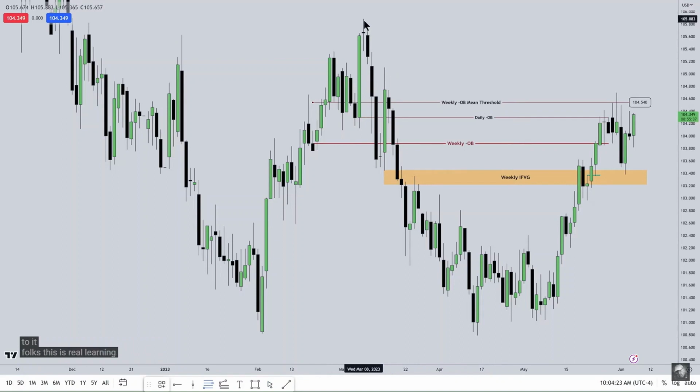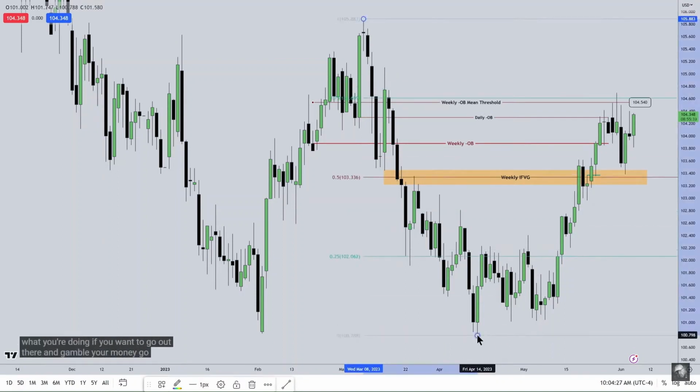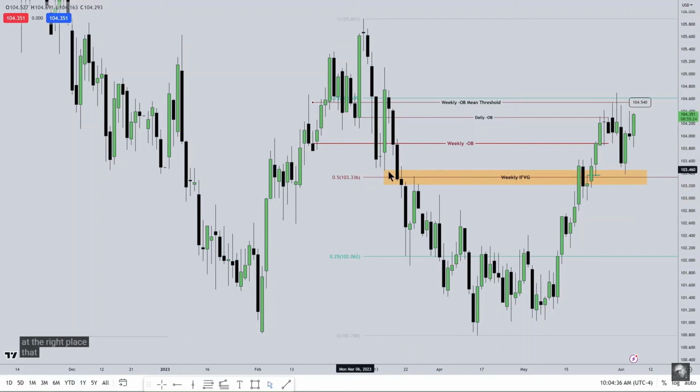Folks, this is real learning. This is the point. The point is you want to know what you're doing. If you want to go out there and gamble your money, go watch somebody else. You're welcome to do that. But if you want to learn, and you want to learn correctly, you're at the right place. That fib at 50 is halfway or equilibrium relative to this high